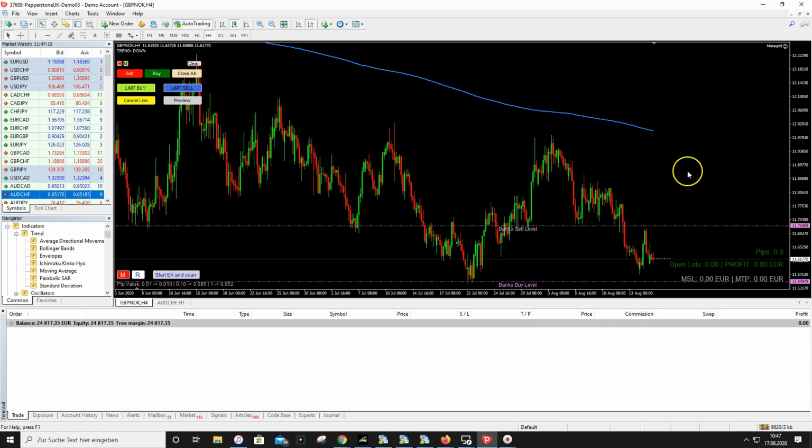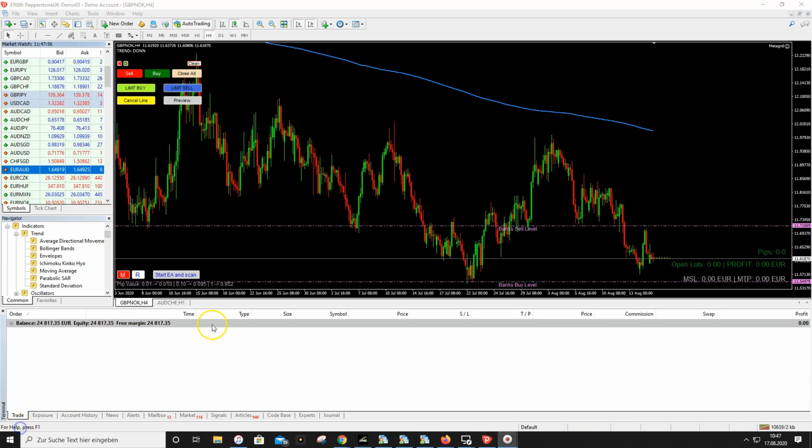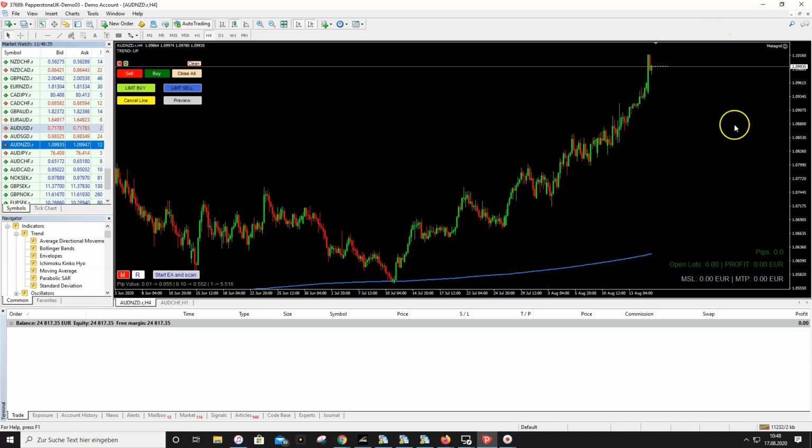This is very helpful. You don't have to calculate which moving average I should use. Metagrid does it for you. Let's look at some other pairs and which dynamic MA we will get here. For example, let's use the Aussie Kiwi. Let's use this here. And then you can see again we get here a blue line, our dynamic moving average,